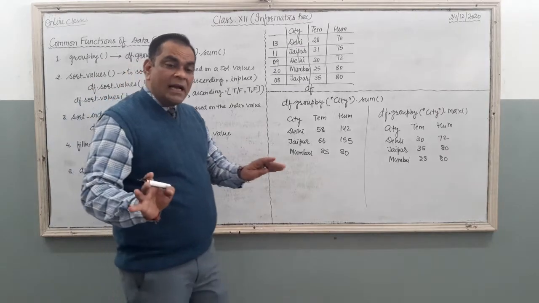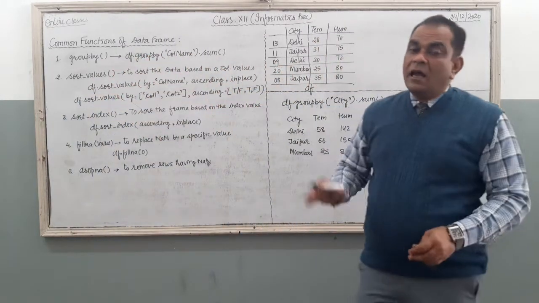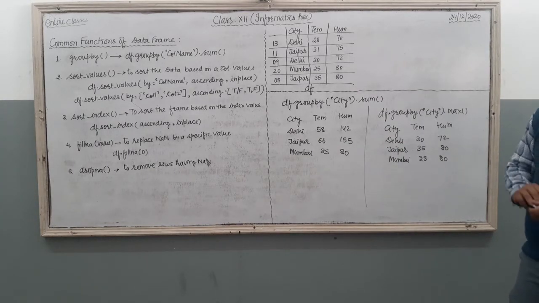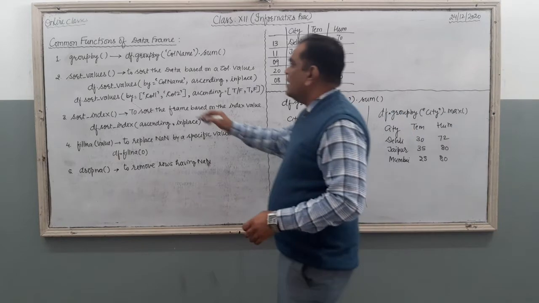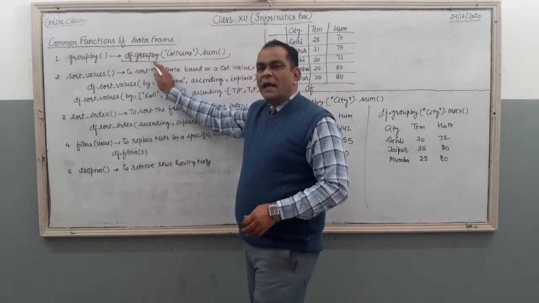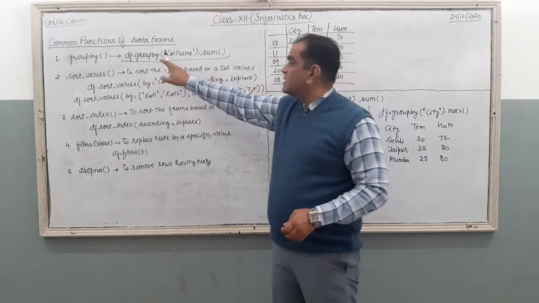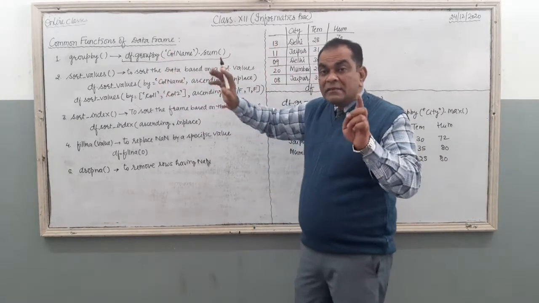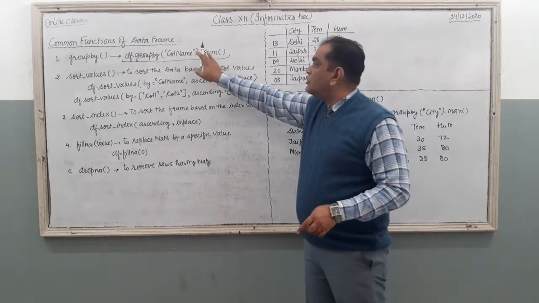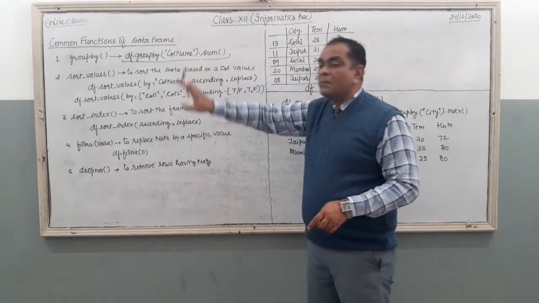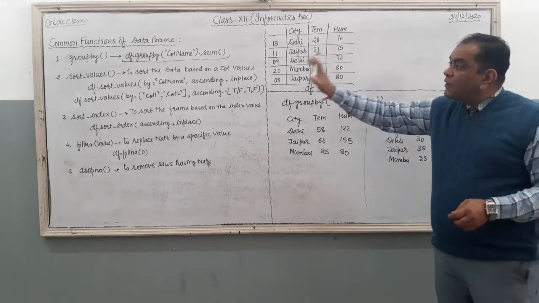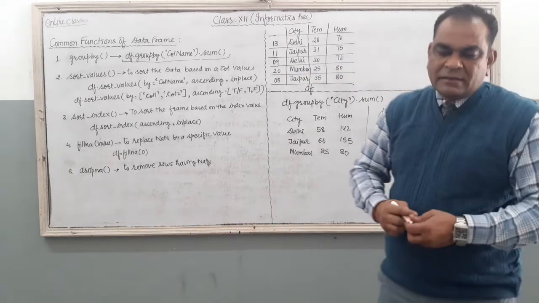It is the same as the group by command of MySQL from our previous syllabus content. Right? So this is the use of group by command. You just see what is the proper syntax of this command here. df dot group by is there in small letters, then just after that you have to put a small bracket. Inside the small bracket column name should be there, and after that, by using this dot operator, you can use any mathematical function with this group by command, right? So here it is, the group by command.